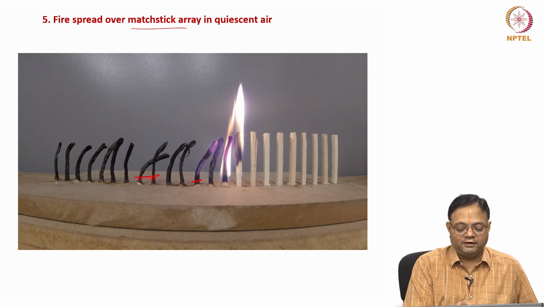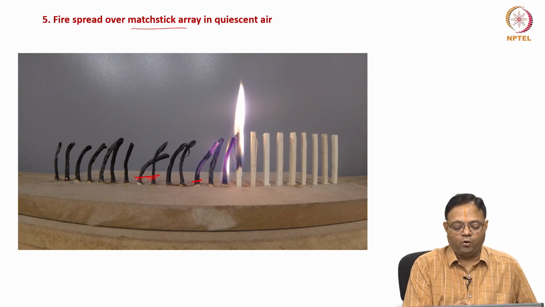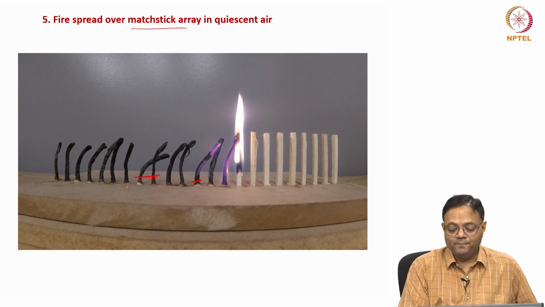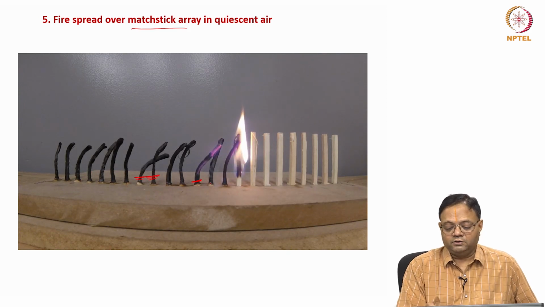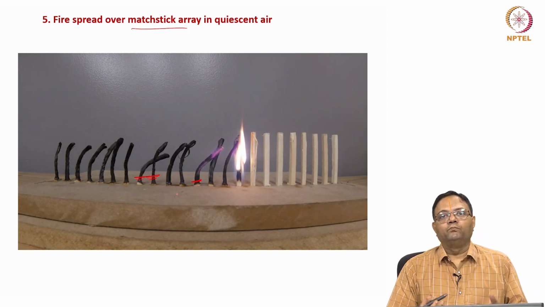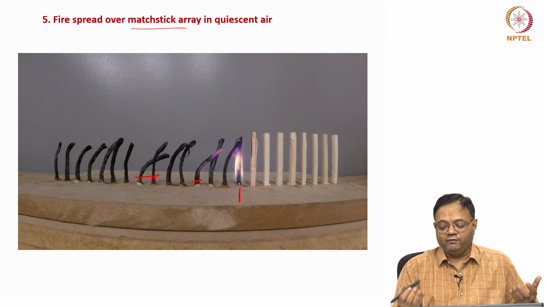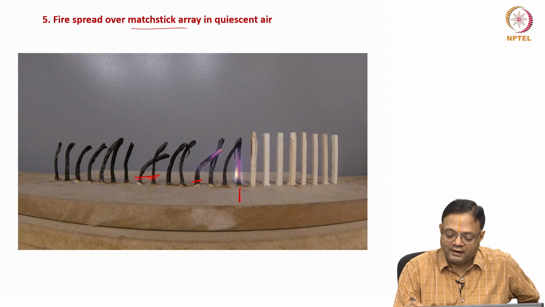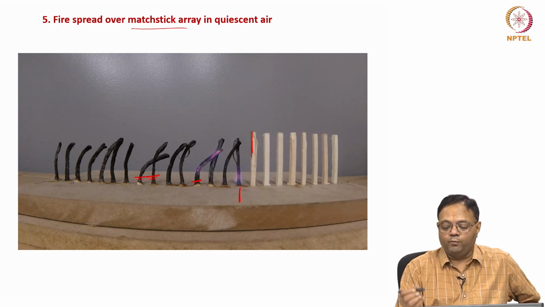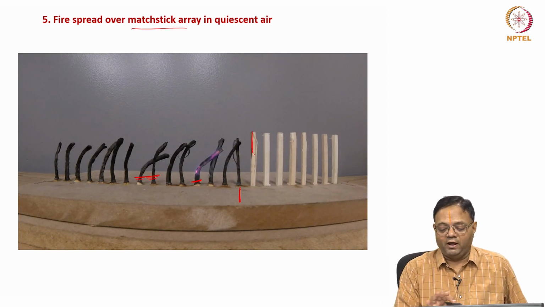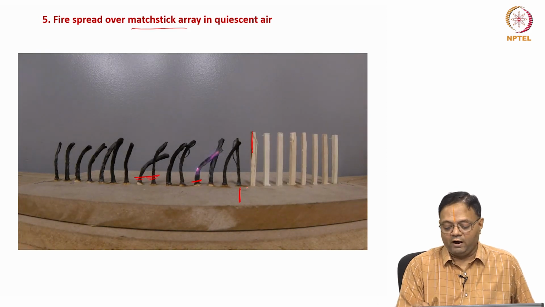If you see the time it has taken to spread over the first 6 sticks, now further some 7 sticks, it has taken much more time, and now in this stick, it is slightly pyrolyzing this stick, but not able to ignite this, and the flame does not spread after this particular